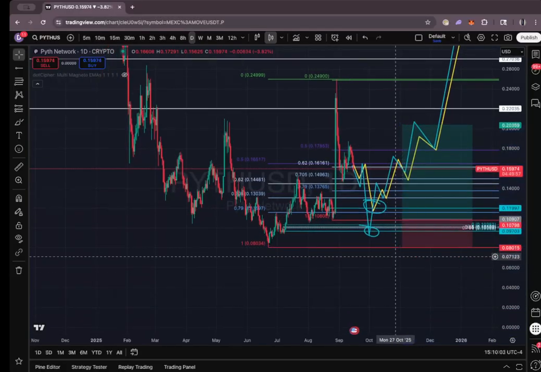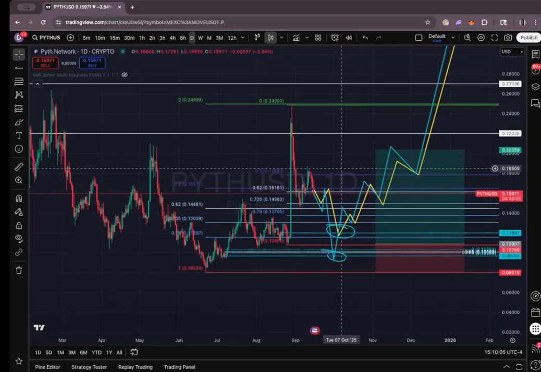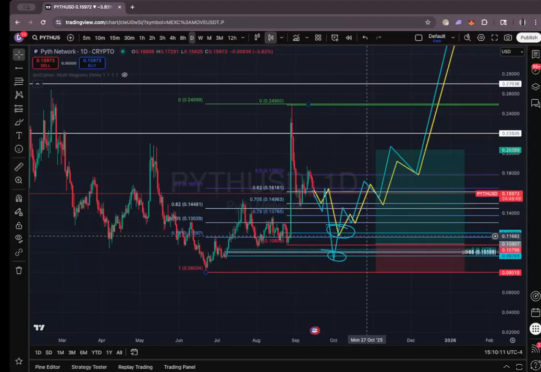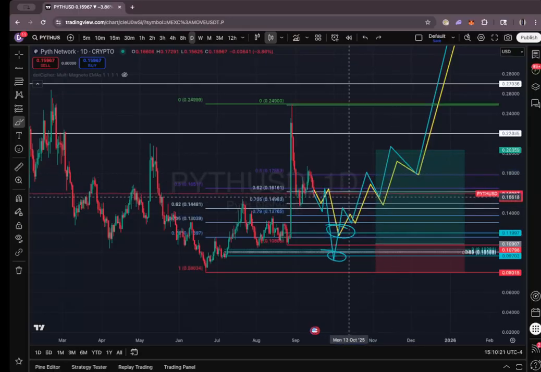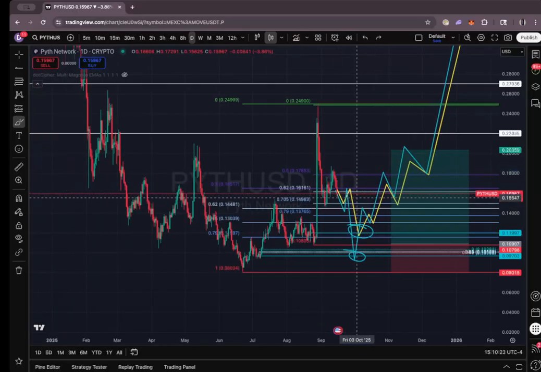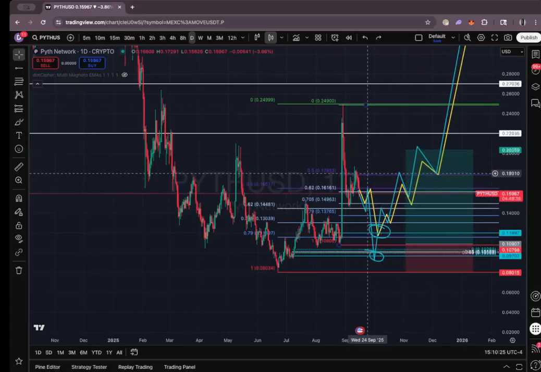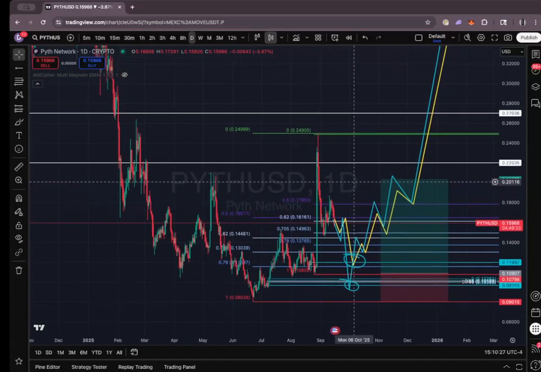I know it's hard to wait, but waiting is probably a better choice of action here until we can see what happens on the daily candles with this range. Because what we will see is the next consolidation that's about to print will actually be a market structure that will then be broken on the daily, possibly into next month. So next month, that's the one that this should start moving again.